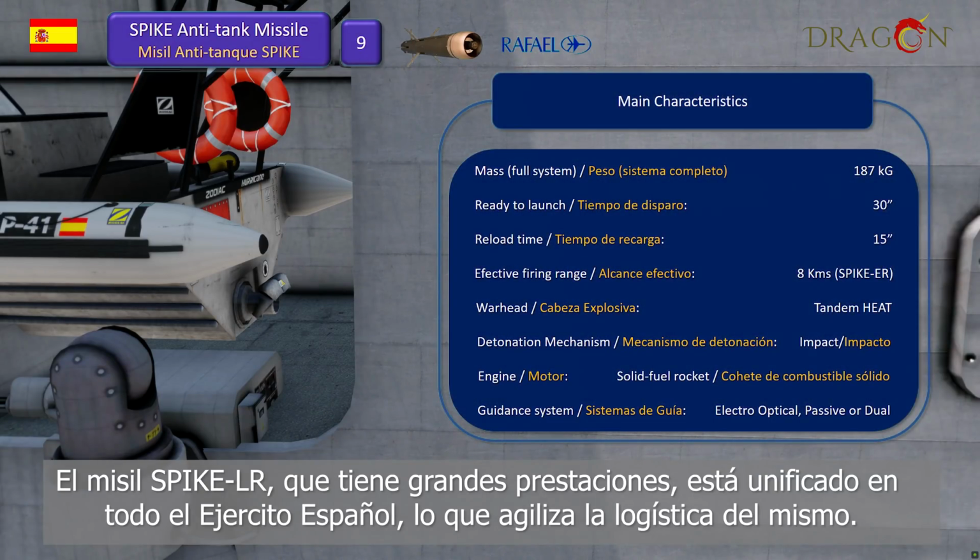The Spike long-range missile has great technical characteristics and allows unifying said anti-tank system throughout the Spanish Army,